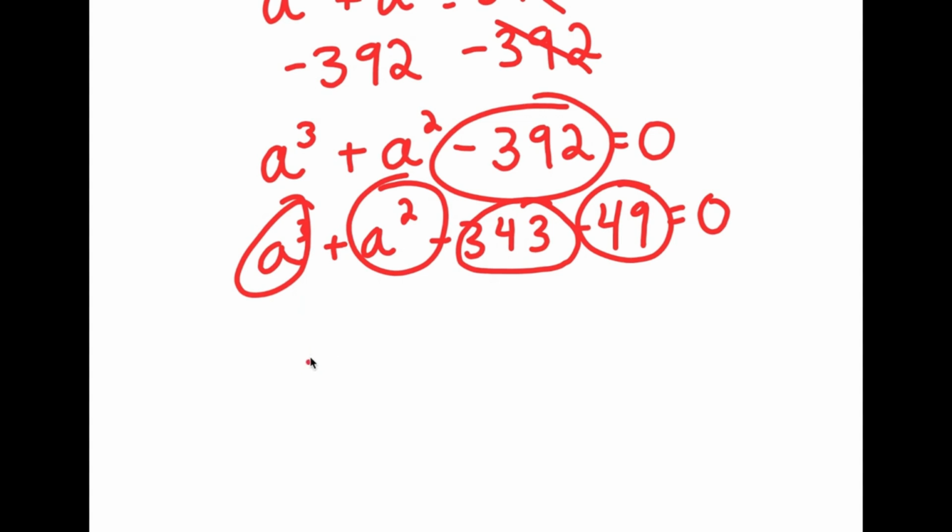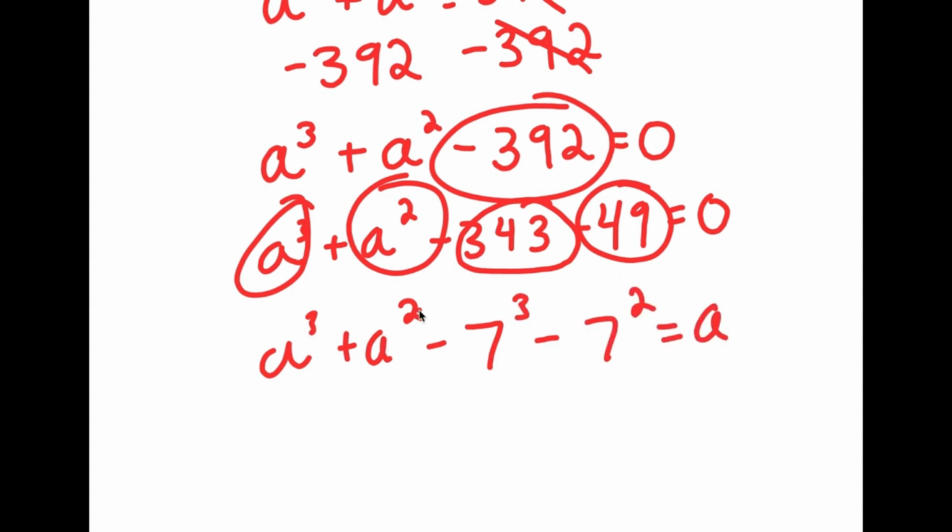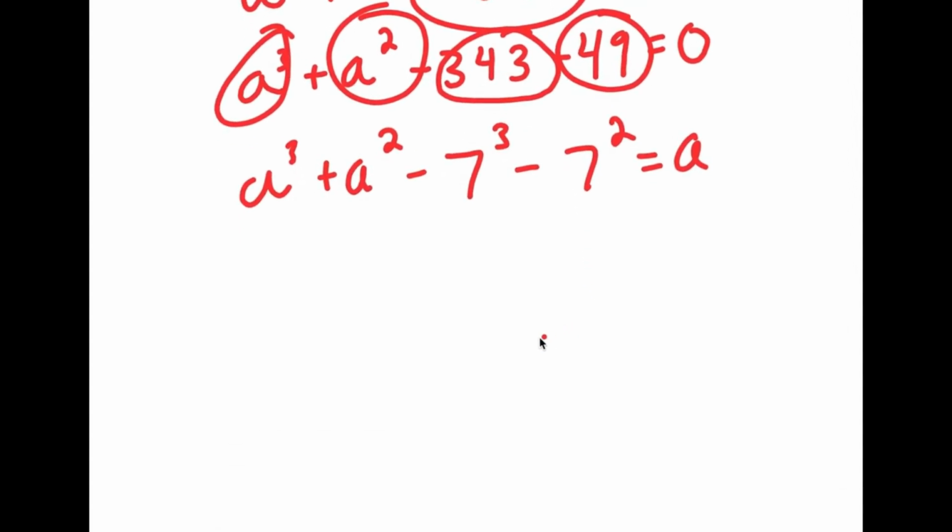Actually, first I should rewrite 343 as 7 cubed and 49 as 7 squared. So we have a cubed plus a squared minus 7 cubed minus 7 squared. Sorry, this is 0. And now I'm going to change the order to group the cubes and then